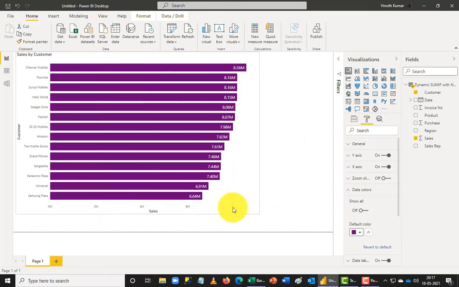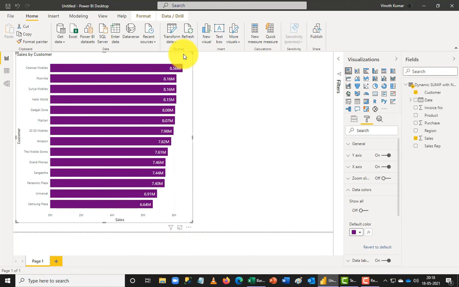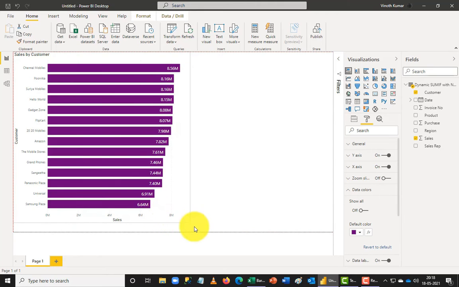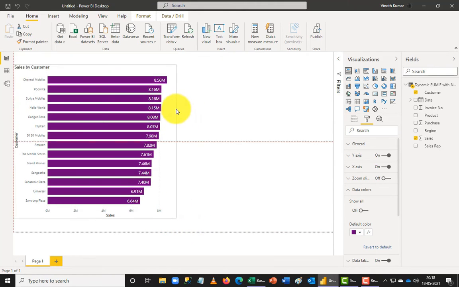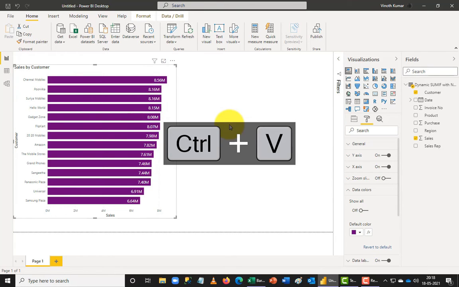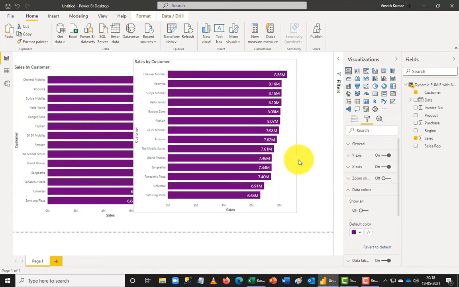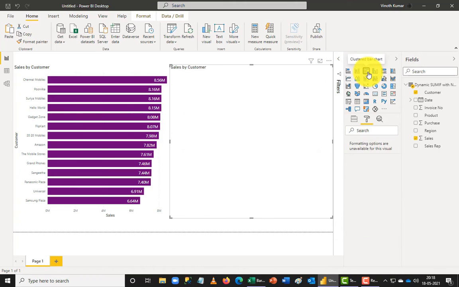So let me just reduce the bar chart size a little smaller. So now I got the list. Now I want to change this bar chart from a stacked bar chart to a clustered bar chart. To do that, I'm going to copy and paste this. I'm going to copy and paste this one more time. Then you can see automatically I have the second option coming up here, typically like our normal Office applications. And instead of a stacked bar chart, I'm going to just change this to a clustered bar chart.